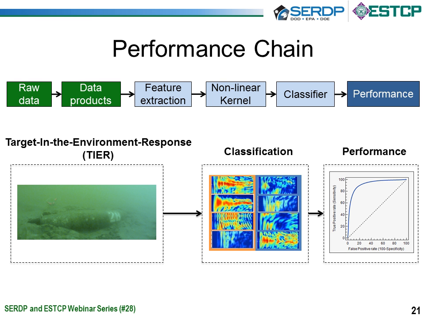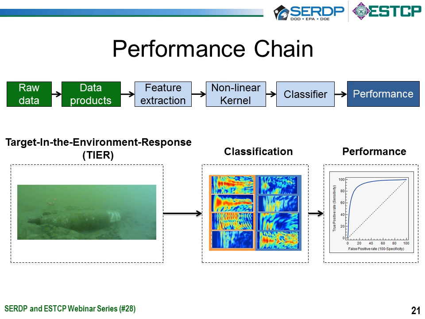And so what we've done is try to formulate this problem into more of a performance chain. We're going to look at the target and environment response. So you're going to acquire some raw data, and this really is the target response. We're going to create some data products that are going to highlight the physics. And we're going to pass this off to the classification chain and see if we can come up with ways to identify and extract the relevant information from these data products that's going to help us to be able to classify something as a target or non-target.